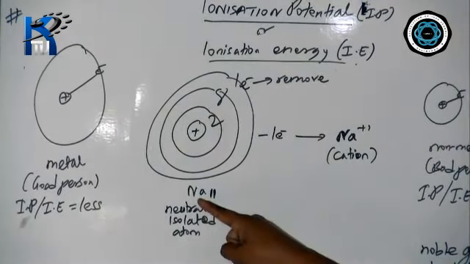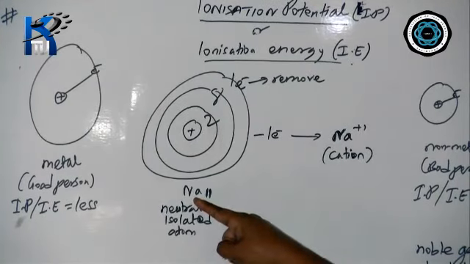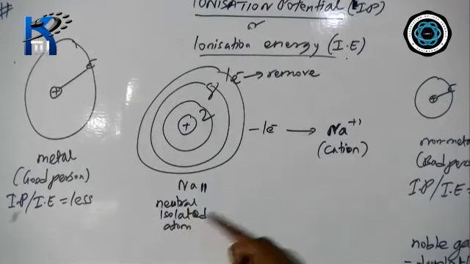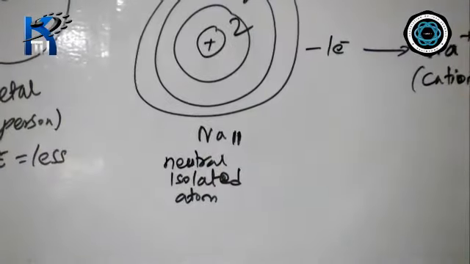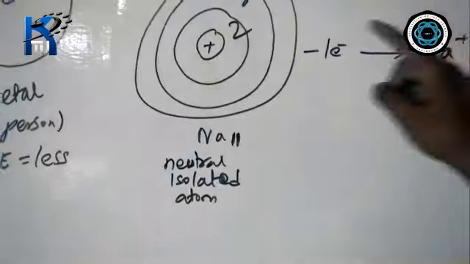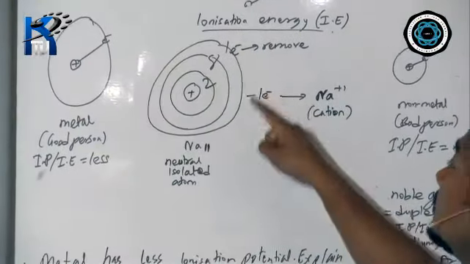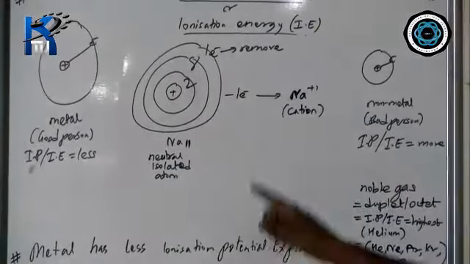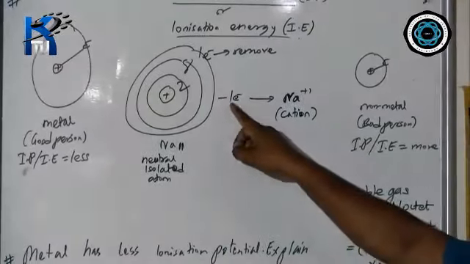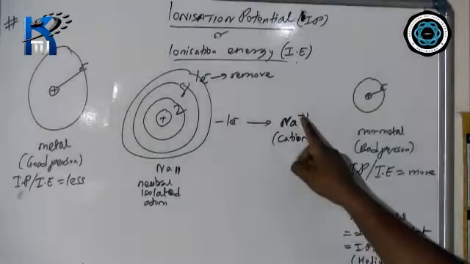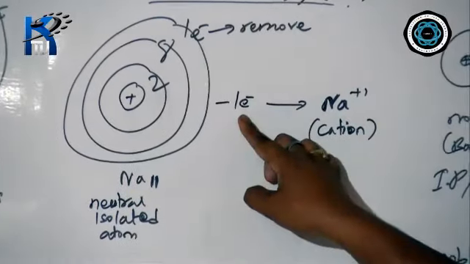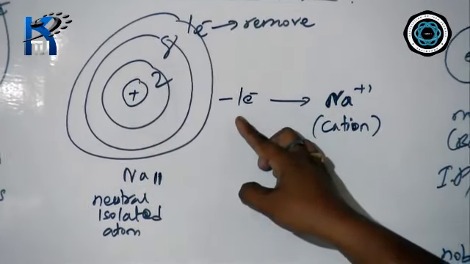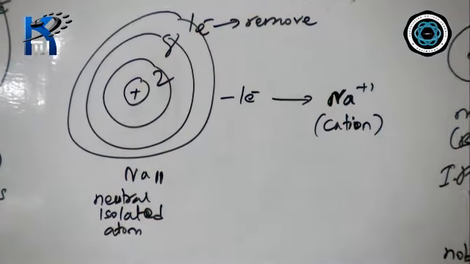And you can see in this sodium there is no charge, no plus, no minus. It is a neutral, isolated atom. A neutral single atom it is. So whatever energy I put in to remove the outermost electron from the neutral isolated atom is called ionization potential or ionization energy. So it can lose one electron. After one electron is removed from sodium, it will acquire a positive charge. One electron removed, one positive charge; two electrons removed, two positive charges. For the time being, one electron has been removed, so one positive charge will be acquired.